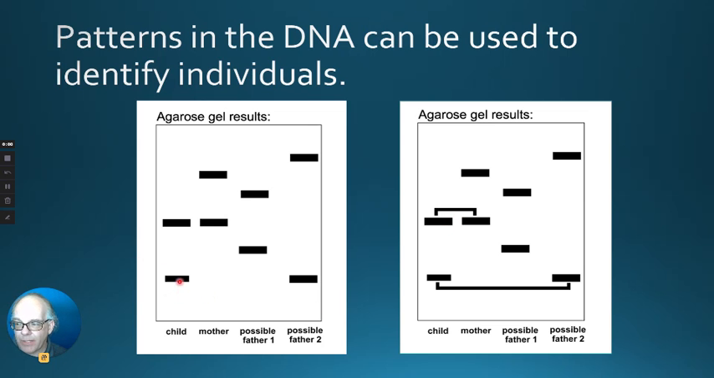And we say, okay, of the two possible fathers, which one matches up? This individual here has two bands, again, one from their mother, one from their father, but it's not matching up with what's present in the child. However, this one, possible father number two, has a pattern that matches up exactly. And so this is like fingerprints, but allows us to say, okay, this is most likely the father of this